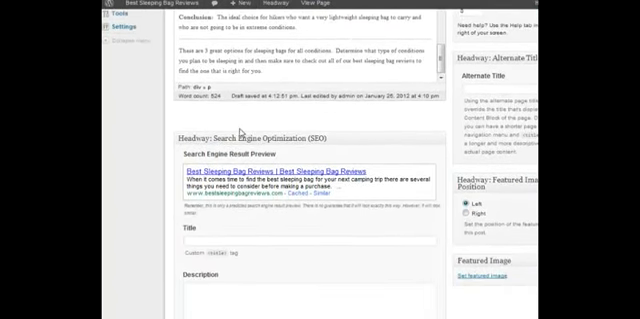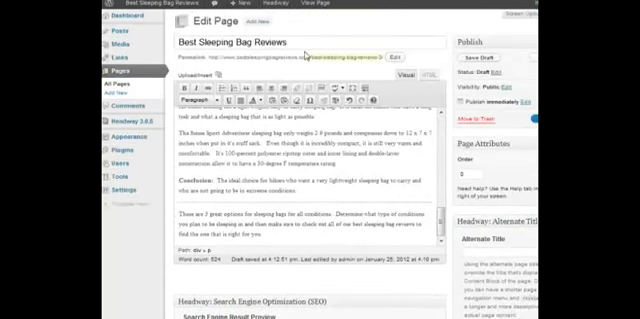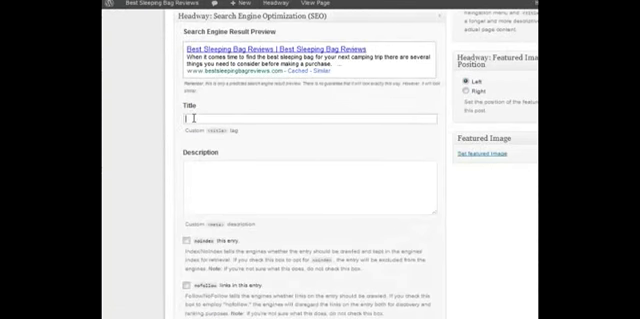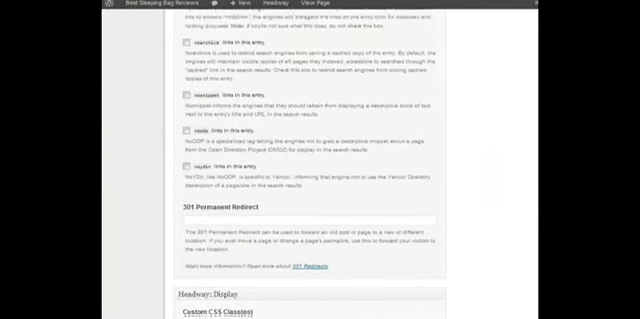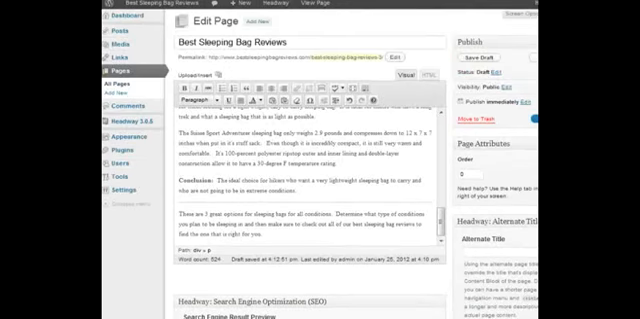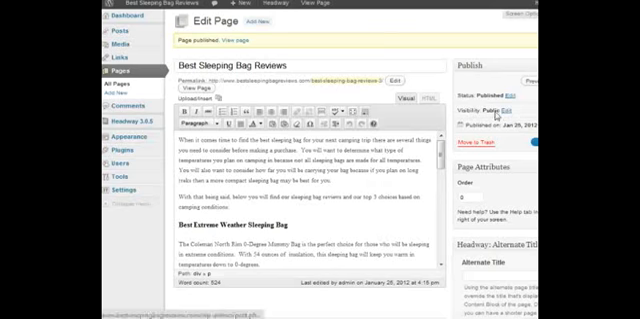Now you'll see with the Headway SEO tag, you want to go ahead, enter in your title, then give it your description as well. So that has the SEO all built in. And then you'll just simply publish that. So that is published. Now one thing we want to do is go to settings and go to reading,